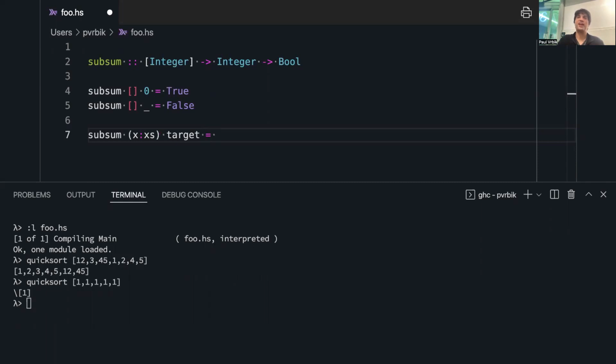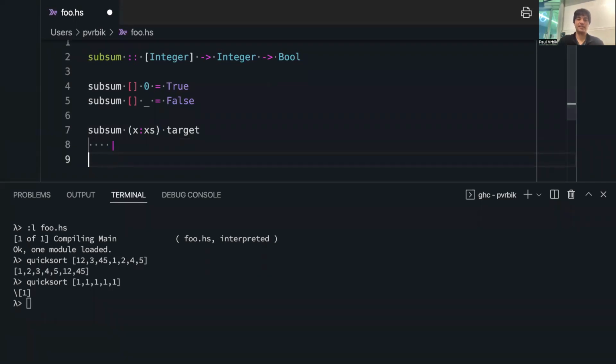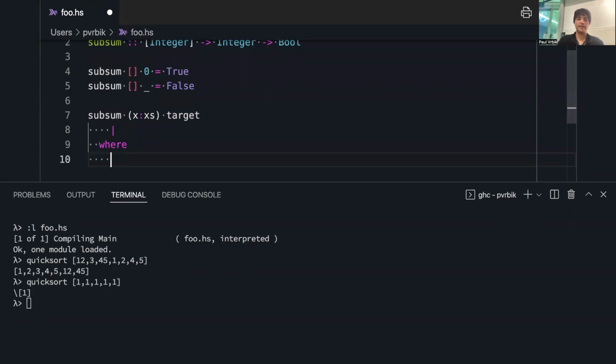So what are the two ways that I can do that will resolve this? Do the subsum on the x's. Okay, sure, we can do that. So I'll just give you access to where